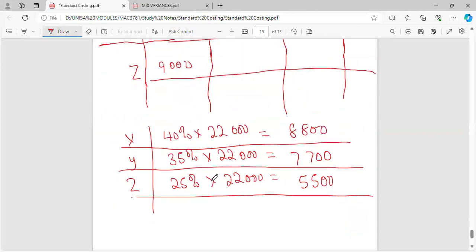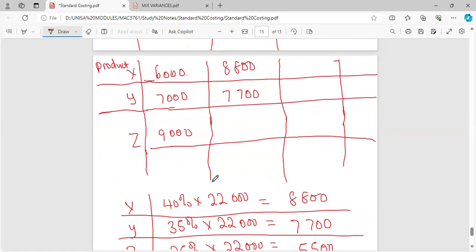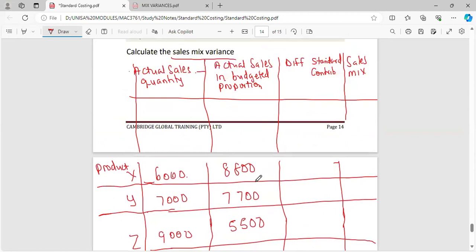Then the third one is going to be 5,500. Right, so we need now to determine the difference. But first, before you determine the difference, it's easy to look at, okay, I should have a column. You should look at here. This is the actual sales quantity. This is the budget. So the difference here is going to be